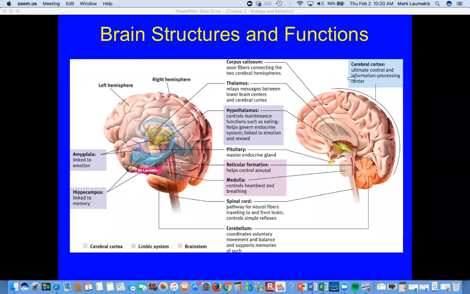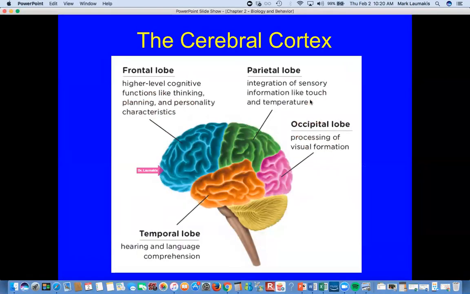If you look at humans versus dogs versus cats or rats or mice or monkeys or whatever, the cortex is much, much bigger in humans. And then the specific part of the cortex that is gigantic in humans versus those other animals is the frontal lobe. So we're going to talk about these 4 lobes of the cortex. By the time we're done, you should be able to identify where they are. If I gave you a diagram, you should be able to know what I'm pointing at. And you should know what major aspects of functioning they're involved with.